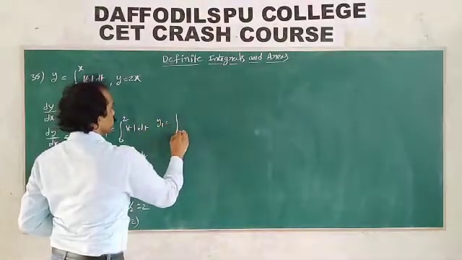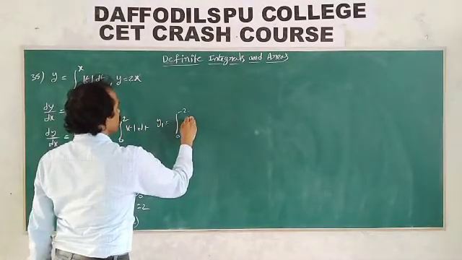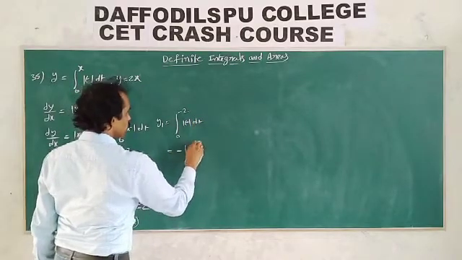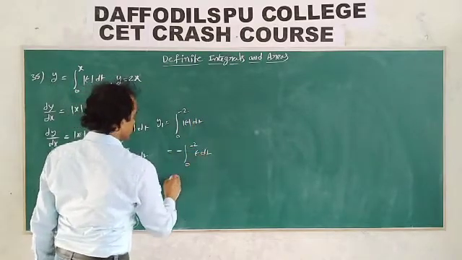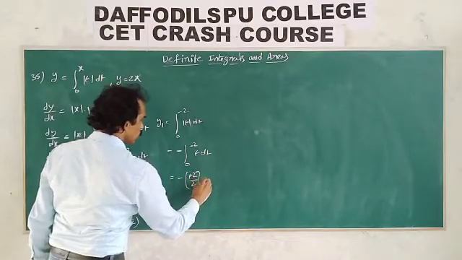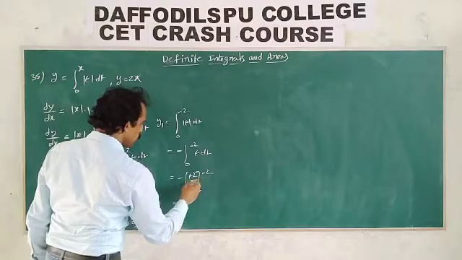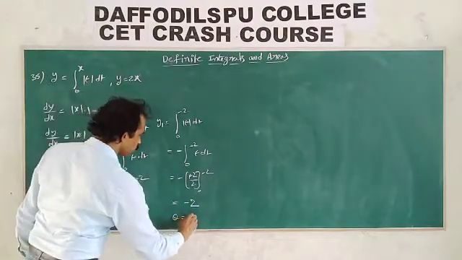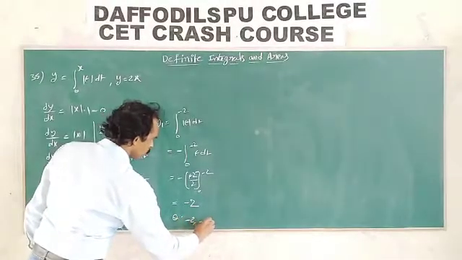Next point, 0 to minus 2. This value is from 0 to 2 root 2t dt, so that implies a minus value, the integral from 0 to minus 2 of root 2t dt. Therefore, minus of t square by 2, from 0 to minus 2. This value is equal to how much? This value is equal to minus 2. The point is (minus 2, minus 2).